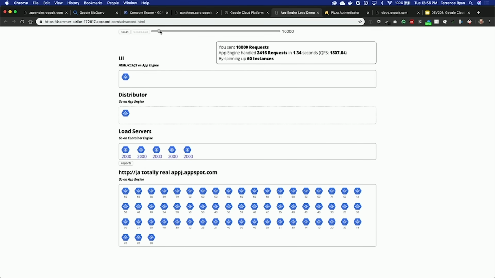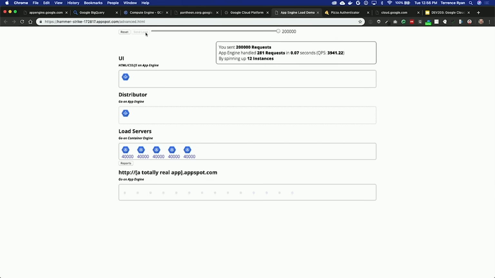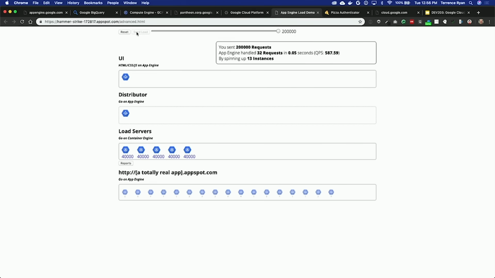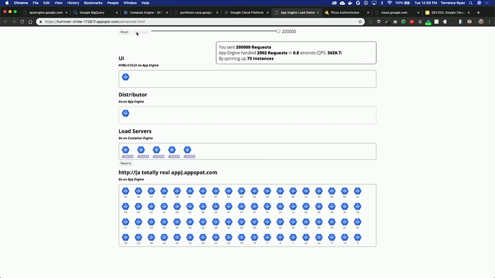All right, well, then I'm just going to punish it by sending 100,000, 200,000 at it. So I think what's happening is one of my VMs is down. Oh, no. OK, fair enough. Well, normally App Engine can scale beautifully when the app I wrote to show this off shows it off. What you should see, and what I will totally go back and make sure is working the next time I give this talk,